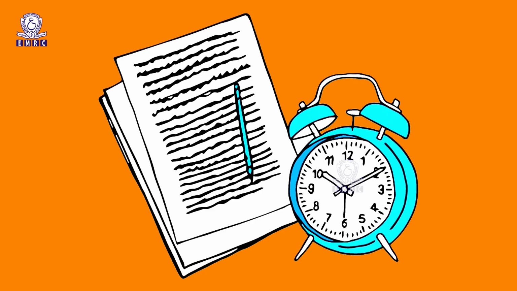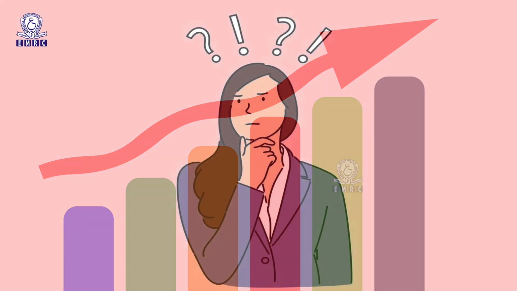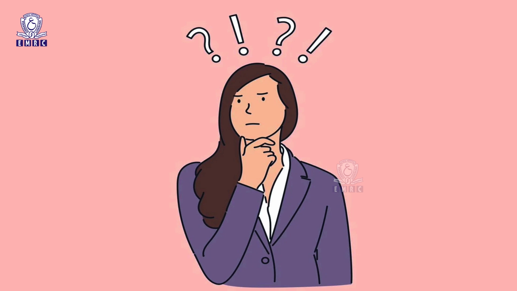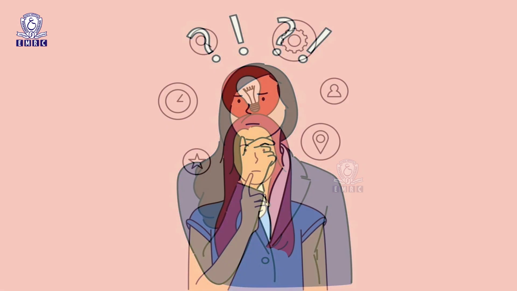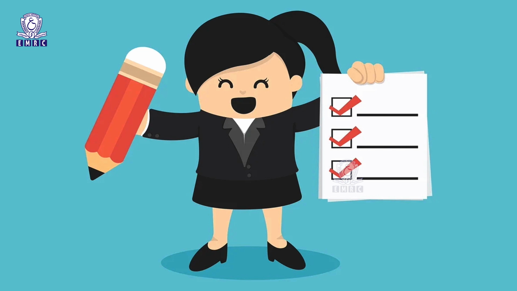Power test. Power tests, on the other hand, offer enough time for the subject to attempt all the questions. In a power test, the items are arranged in increasing order of difficulty, and certain items are such that they are too difficult for anyone to solve. Thus, power tests are designed to gauge the knowledge of the test taker. A score on the power test depends entirely upon the number of items answered correctly. Raven's Progressive Matrices is an example of a power test.